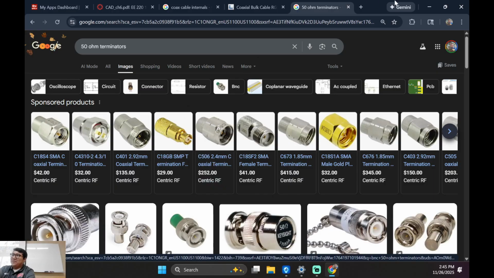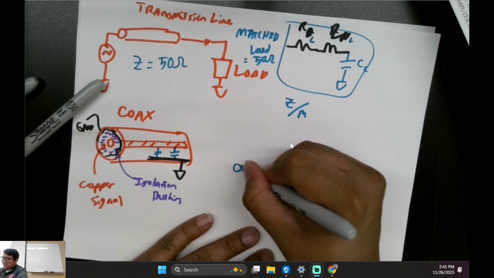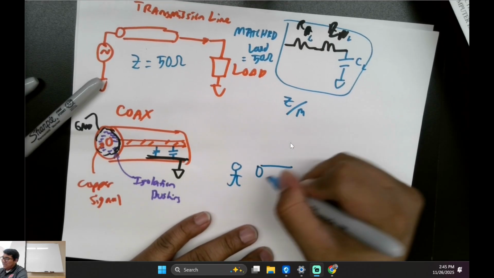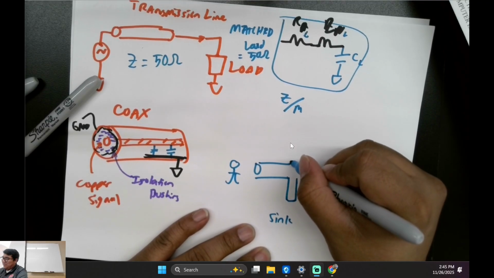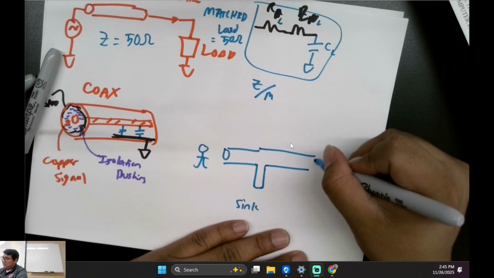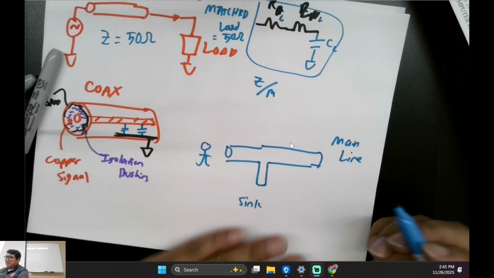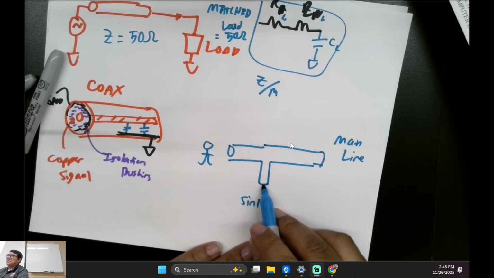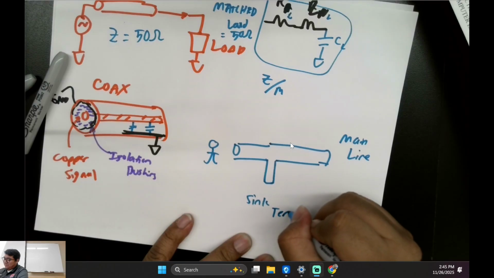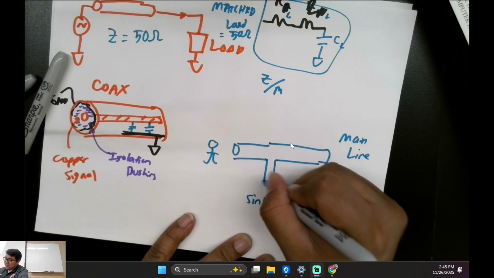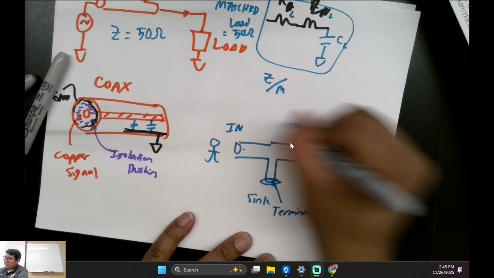Because let me show you, let's say you're doing some plumbing in your house, right? And here's you, okay? And here's your pipe. And then here's your sink, correct? And then you're trying to test the main line, right? Your water flow, correct? So the easiest way I can tell you about termination is, you have to terminate it with some type of block, so that when the water flows, if you're analyzing from in to out,